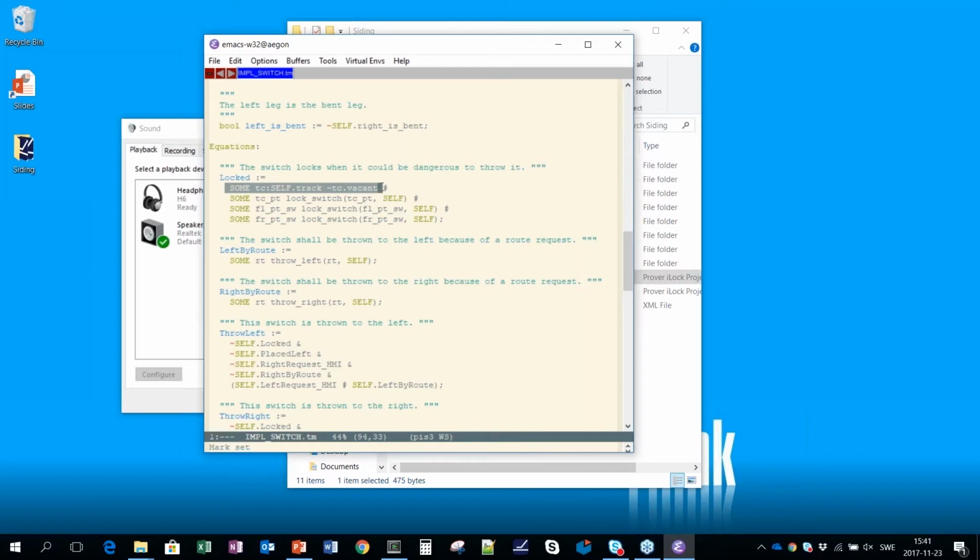So the idea is that if you put something on the track, it should not be possible to throw the switch. Then the second option here is when a path over the switch locks it, simply because it's a locked route, for example. Then the switch is kept locked. Then there is an option for flank protection and one for front protection here. But if I take away the stuff that actually checks that the switch is vacant before throwing it, like this,